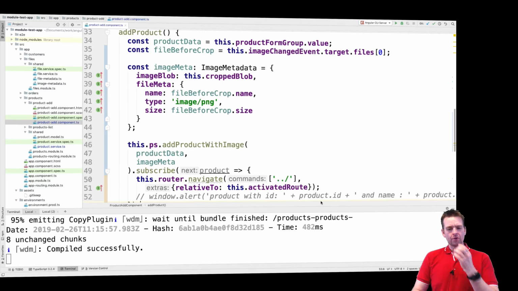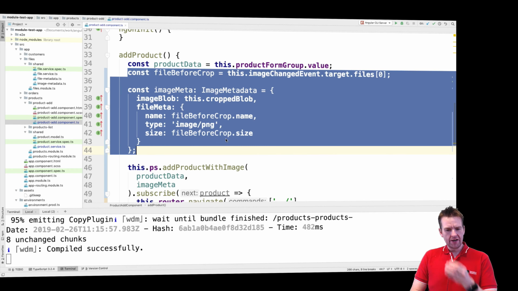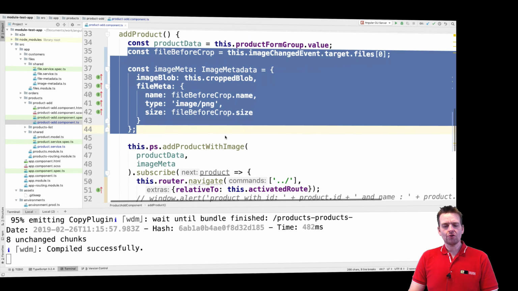Welcome back. So this lesson, I just want to make one more small change right here. I'm kind of annoyed that the add product method has all this information on how we can actually set up the metadata for the file. So I'm going to try and move that into a private method, just to also show you guys working with